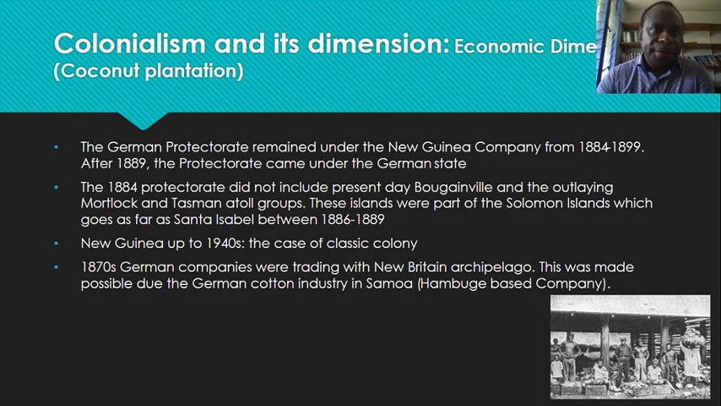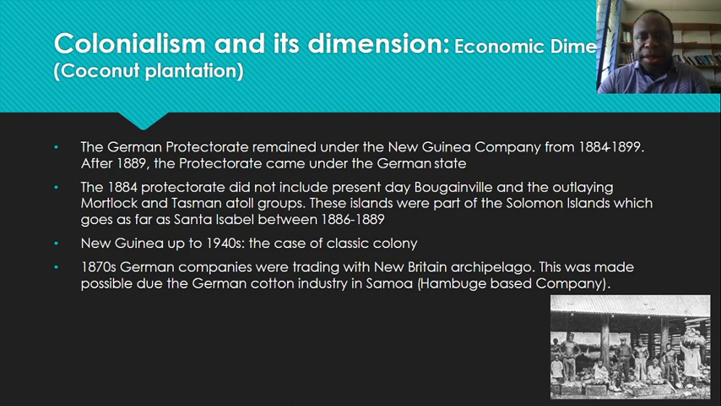Okay, let's look at the next dimension, which is the economic dimension. Now, to understand that dimension, we know there are two powers that occupied the Papua New Guinea territory, formerly the Germans in the north and the British in the south. Okay, now the German protectorate remained under the New Guinea Company from 1884 to 1889. After 1889, the protectorate came under the German state. Okay, the protectorate